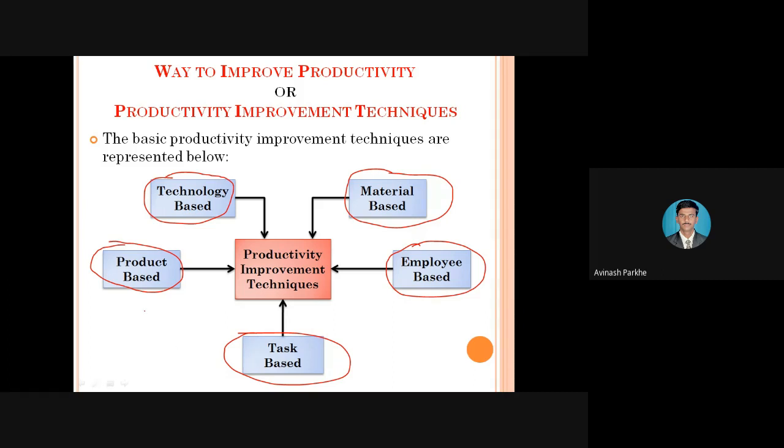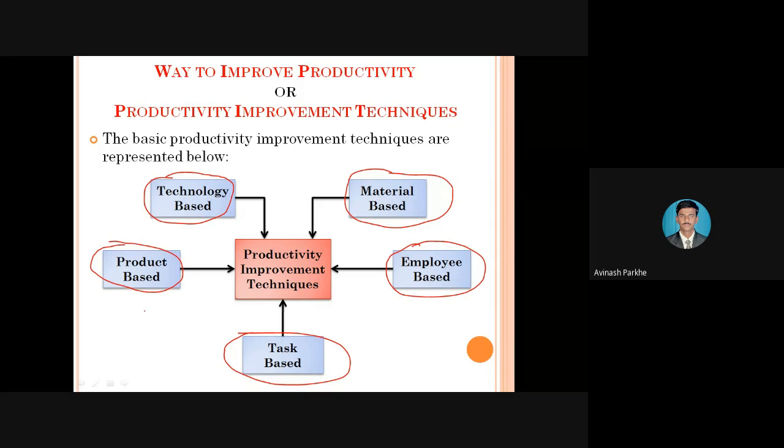And the product, which type of products we are manufacturing, and for the manufacturing of that product, which type of manufacturing process we are using, all these factors will be considered in the product based condition. That means it is also one of the internal factors, also a controllable factor. It is also in our hand. Which type of products I have to manufacture, and to manufacture that product, which type of technology and manufacturing process I have to use. Therefore, these are some standard techniques, or some ways through which we can increase productivity.